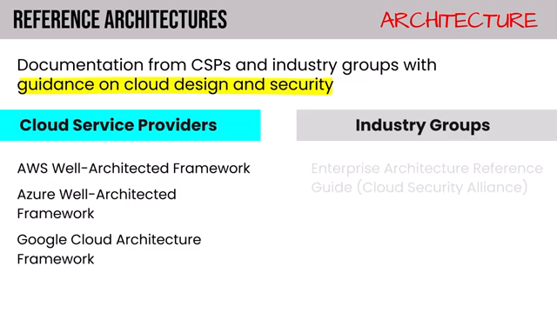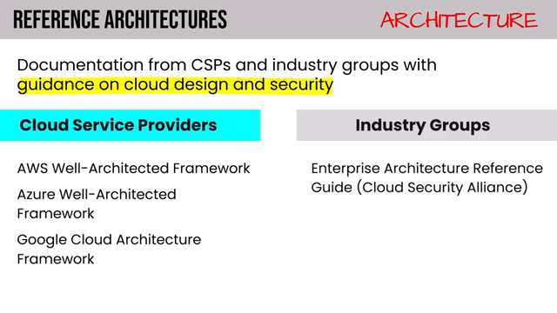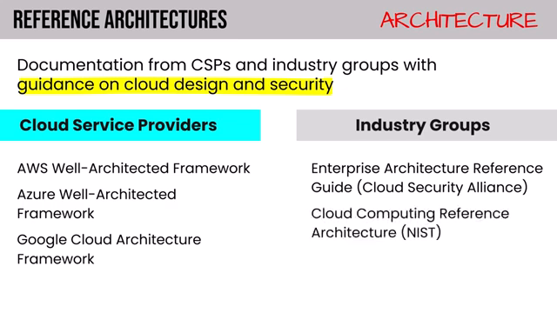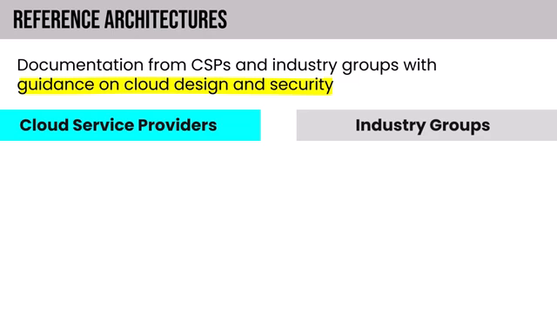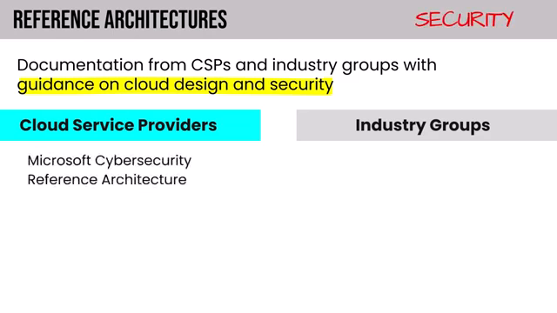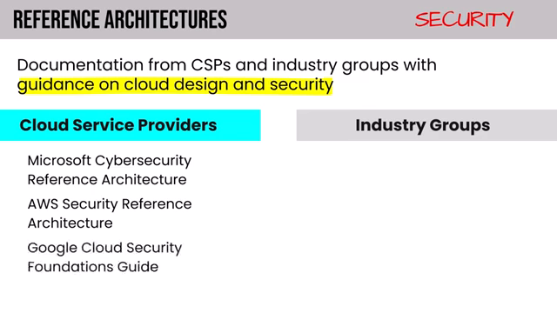From industry groups, we have Enterprise Architecture Reference Guide from the Cloud Security Alliance, the Cloud Computing Reference Architecture from NIST, and these really obviously focus on architecture more than security, but there's going to be some security content in there. Now, security focused, we have the Microsoft Cybersecurity Reference Architecture, the AWS Security Reference Architecture, and the Google